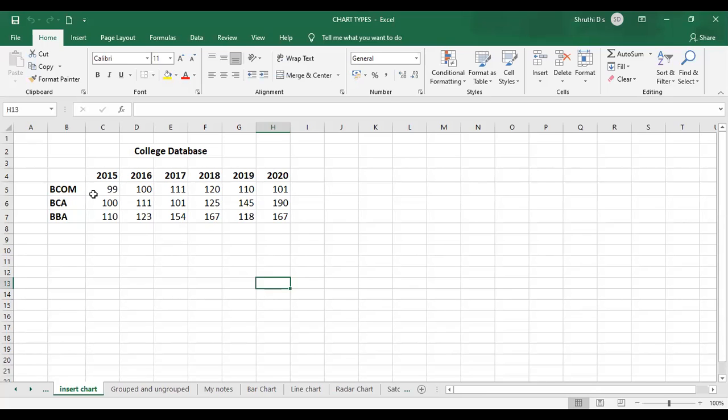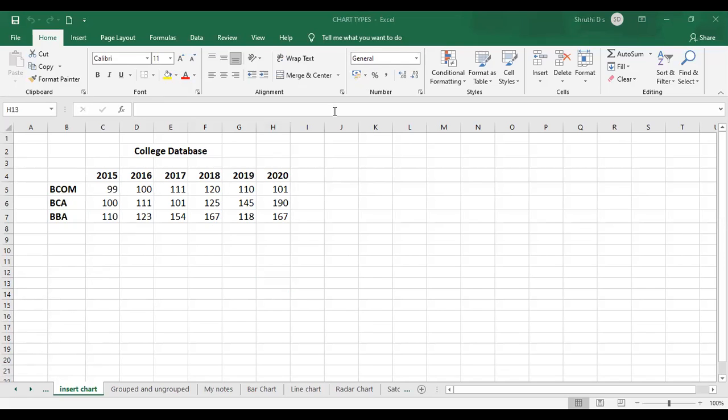So what is the procedure? Or at least if you don't know the shortcut, tell me how to insert a chart. If anybody knows, either you can drop me a message, or also you can unmute and tell me the answer, no issues.